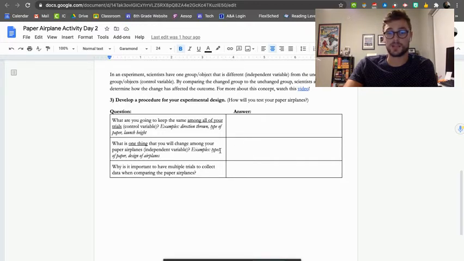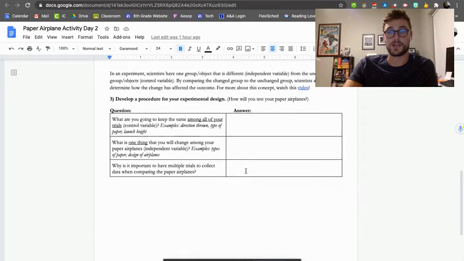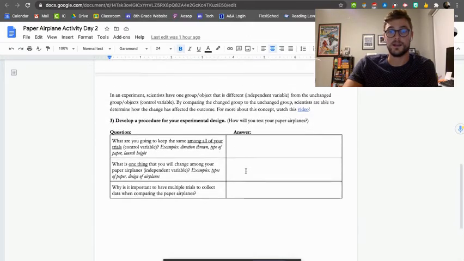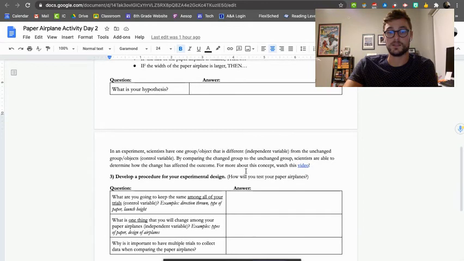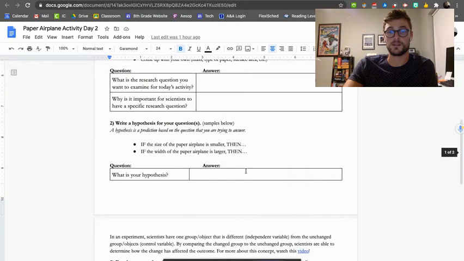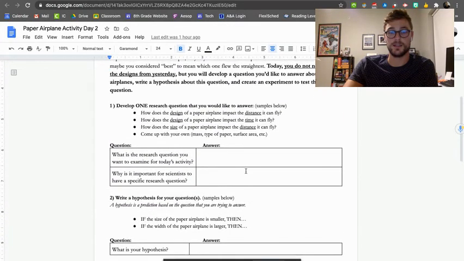We have some examples behind. So we have types of paper, the design of the airplanes, etc. These don't have to be the only two things that you can think of. You can get creative on this. And then lastly, why do you think it's important to have multiple trials to collect data when comparing the paper airplanes? And so that can help guide your thinking as we evaluate the scientific investigation process,